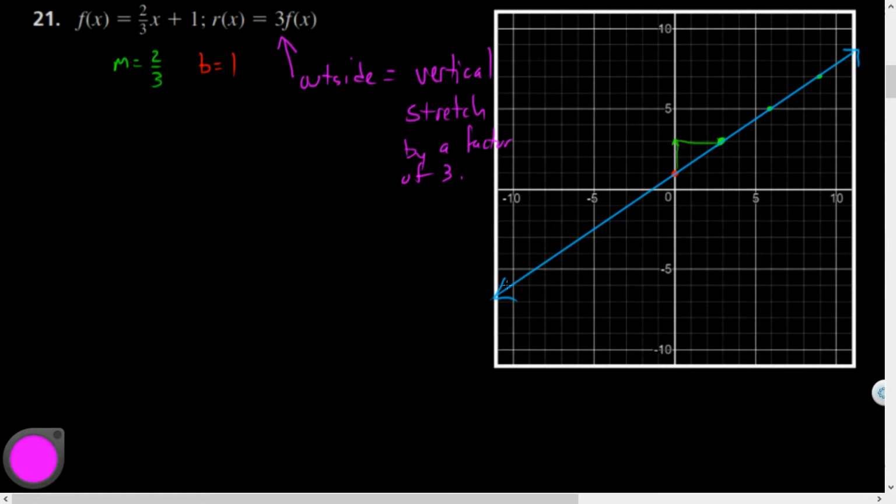Okay, so I'm going to take all of these points on this blue line, whatever their y-coordinate is. Why am I choosing y? Because it's a vertical stretch. Whatever their y-coordinate is, I'm going to multiply it by 3. So watch what happens here. So for instance, here is a y-coordinate of 1. What's 1 times 3? 1 times 3 is 3. Here is a y-coordinate of 0, somewhere there. Multiply 0 by 3. That would still actually be at